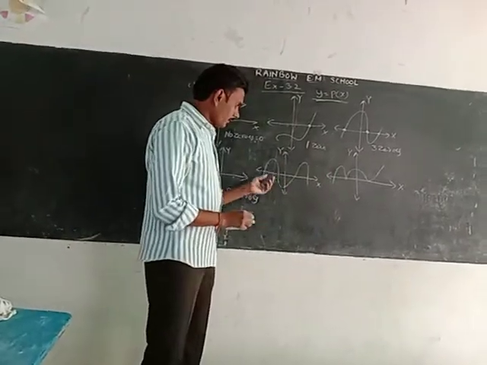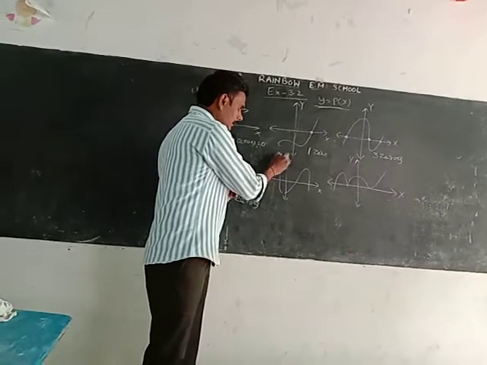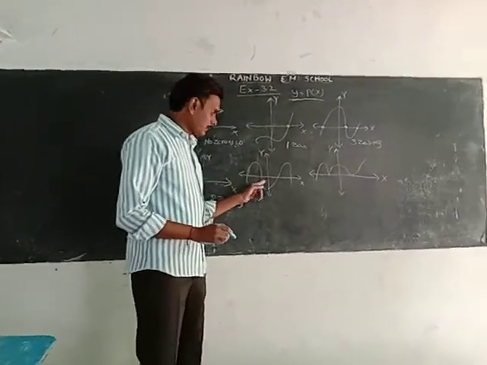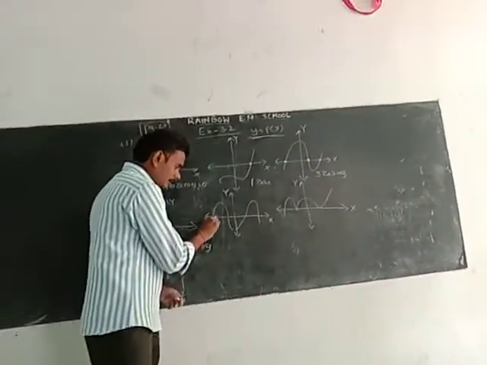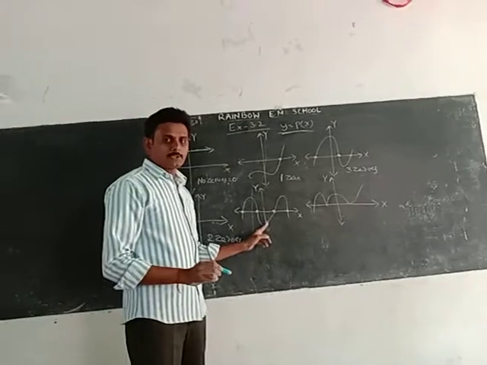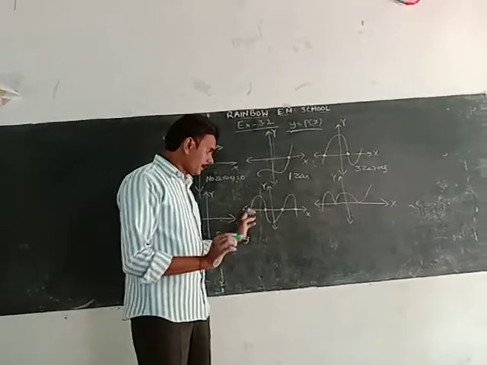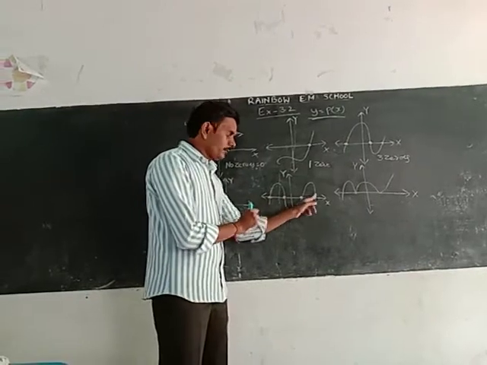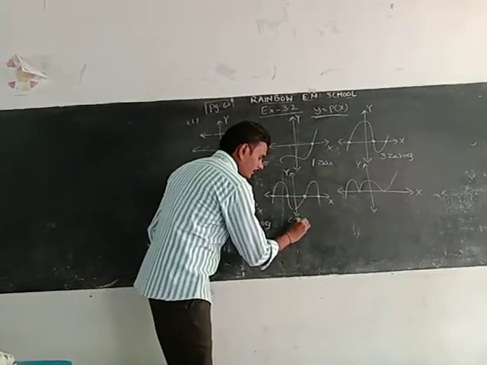Okay, x-axis, y-axis. In this drawn graph, how many times does it touch the x-axis? 1, 2, 3, 4. Don't consider the y-axis touching or not. That is not needed. Only how many times the x-axis is cut. Okay, 1, 2, 3, 4 times cut. So that will have 4 zeros.